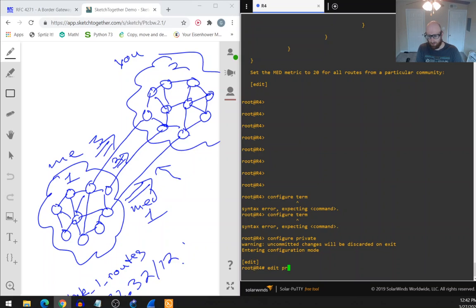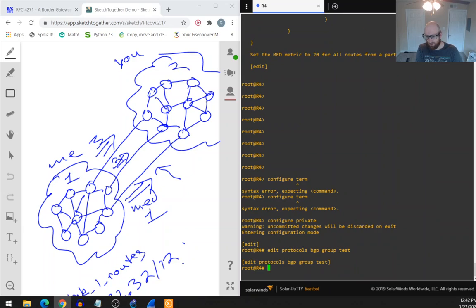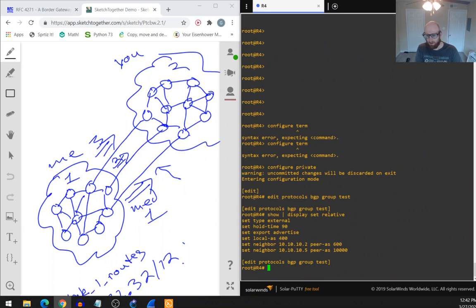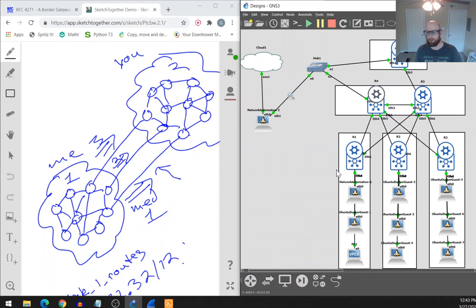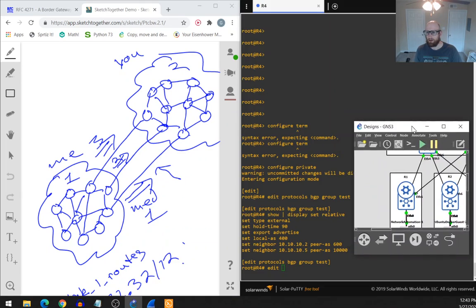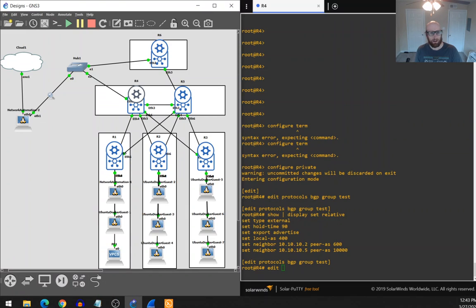So let's see here. We're going to do edit, protocols BGP, group test, show pipe displays set relative. Okay, so now under this particular neighbor, this is router 4. We've got a neighborship down here and a neighborship up there, and they're labeled clearly. The 600 I think will be the one up there. So let's do that one because that's the one we're tapping. We're not tapping this one, so we won't see the MED there because it's not going to be sent through the tap. So if I do neighbor